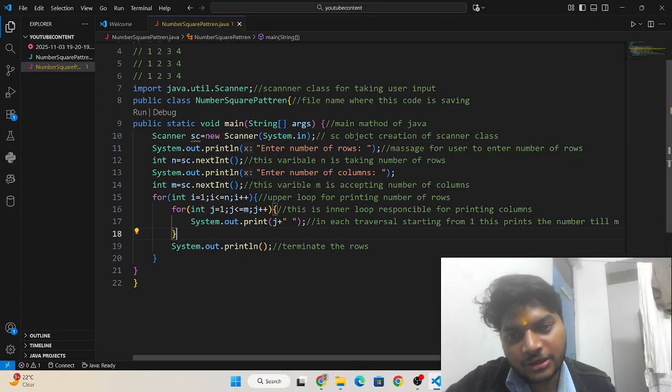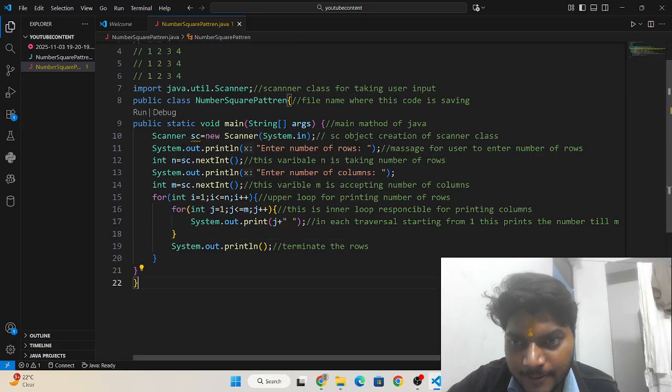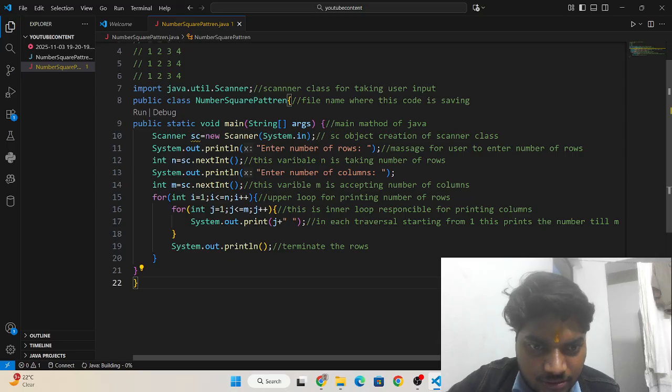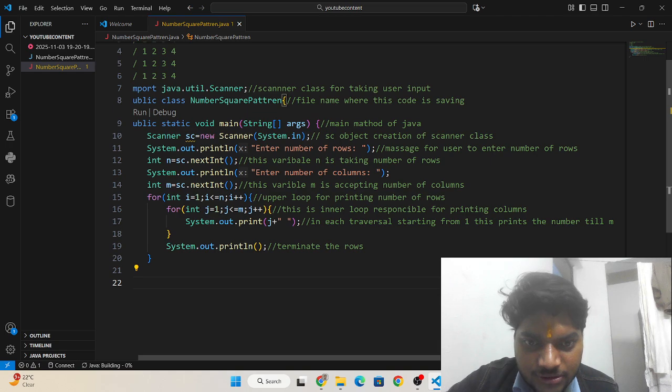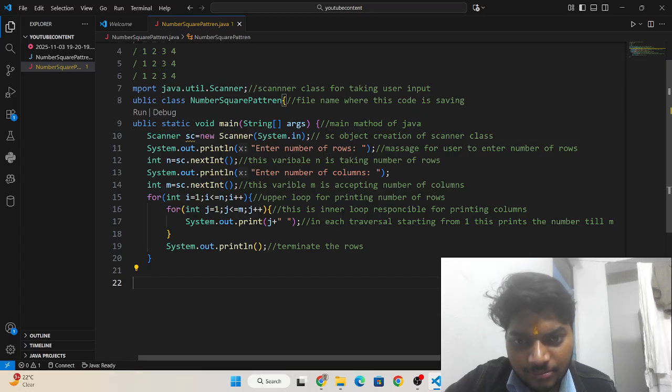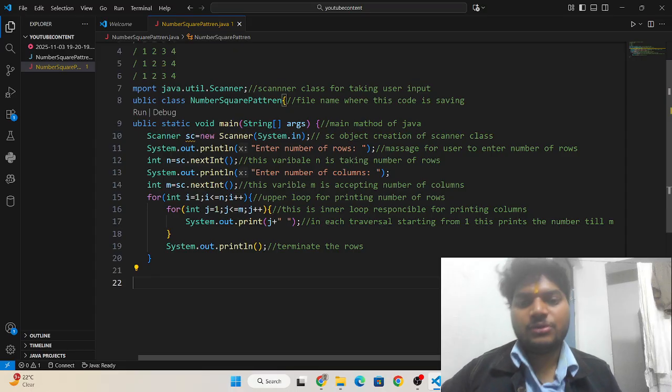It is printing correctly. This is inner loop responsible for printing number of columns, okay, done, and upper loop for the printing number of rows, okay.